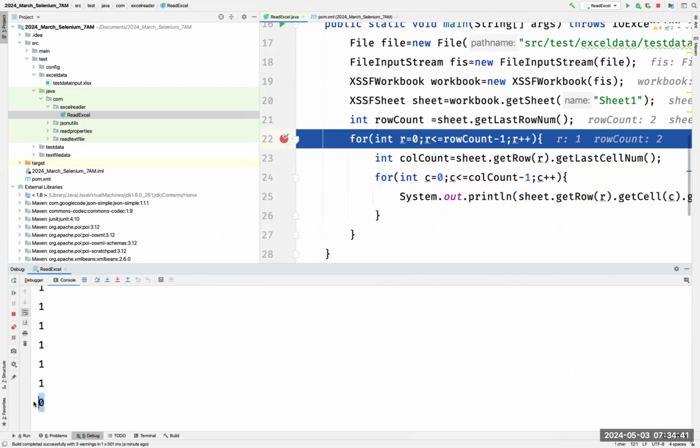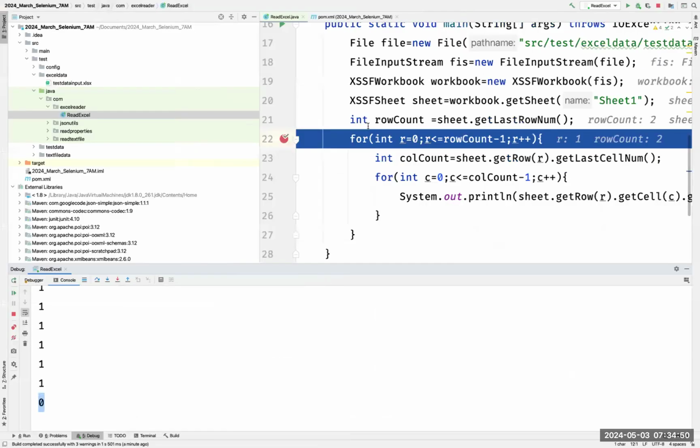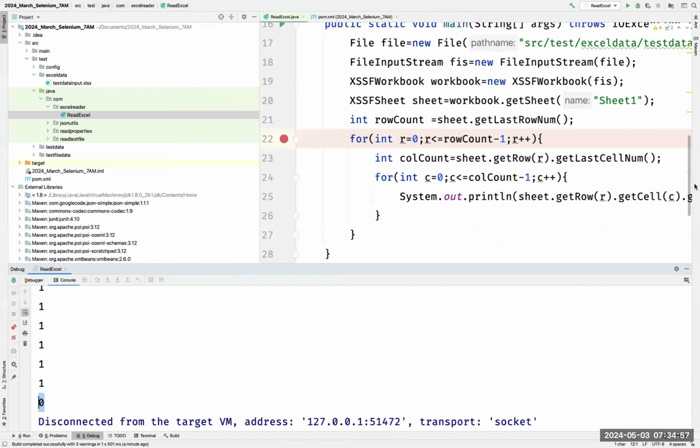Yes, now we got 0, right? When it is 0, it means that we are getting a number. So 1 is for your string, 0 is for your number. Okay, so you will be getting either 1 or 0. Now see here,